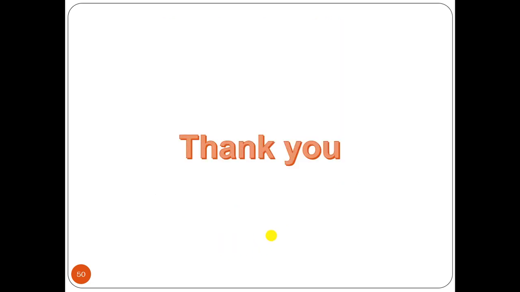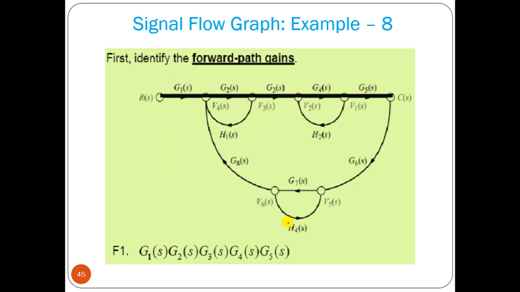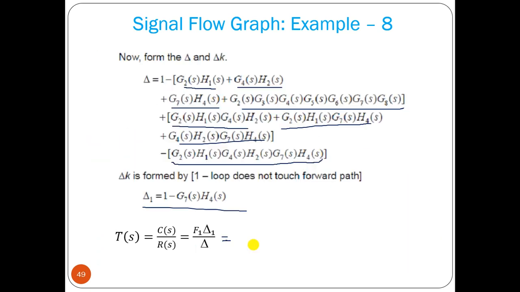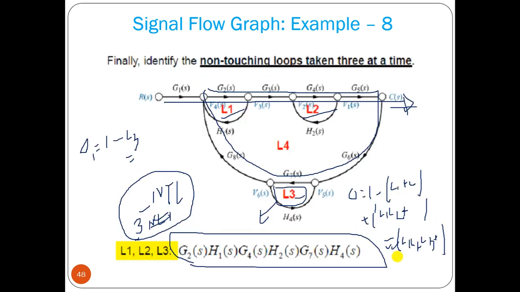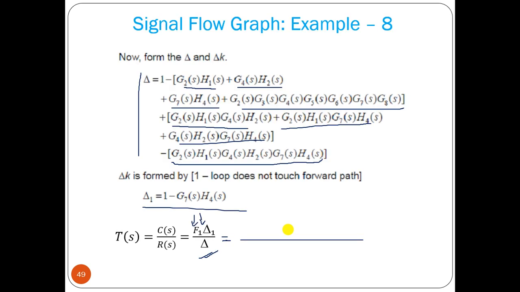I have not calculated all the parameters because this is a very lengthy one. We know the value of this forward path gain, which we can put here as F1. Then we multiply it by delta 1, and divide by the delta that you get here, and that will be the total transfer function. I have taken this example because we have 3 non-touching loops. So this is all about this signal flow graph